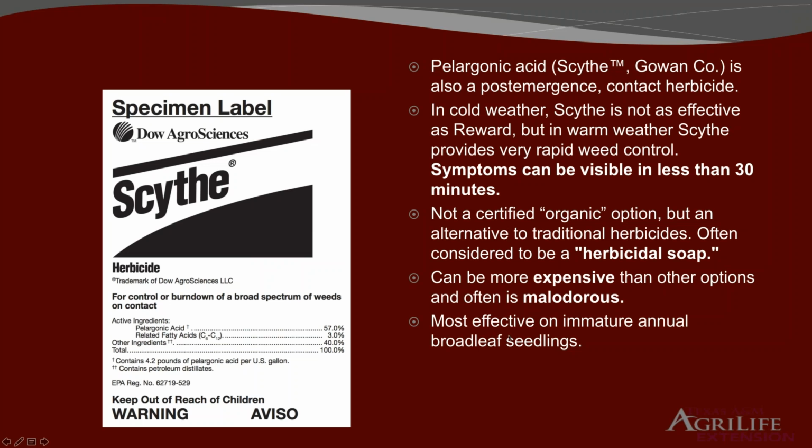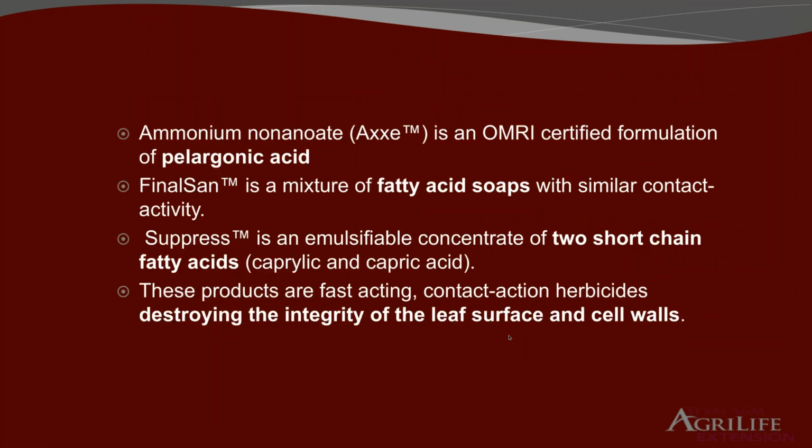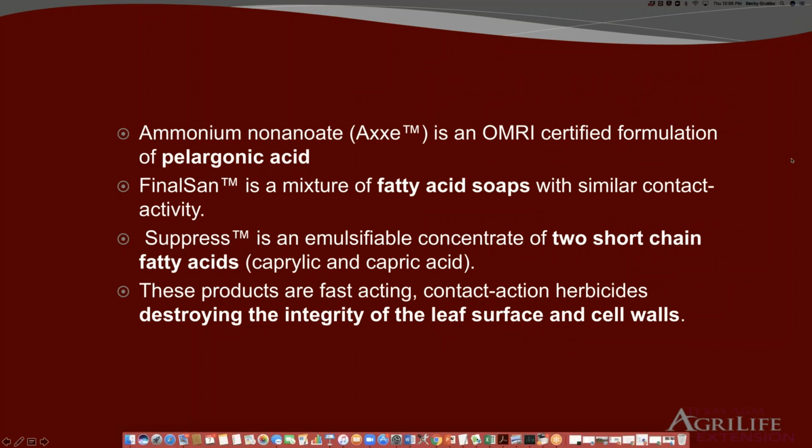So again, it's going to be the most effective on immature annual broadleaf seedlings. Okay. A couple of other formulations if we're looking for more organic options. These are OMRI certified options. We've got another formulation of pelargonic acid called Axe. This one is going to function very similarly to Scythe, but it is going to be organic certified. Then we have Final Sand, which is a mixture of different fatty acid soaps. They are similarly going to have